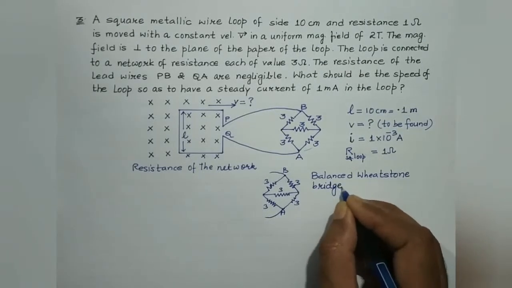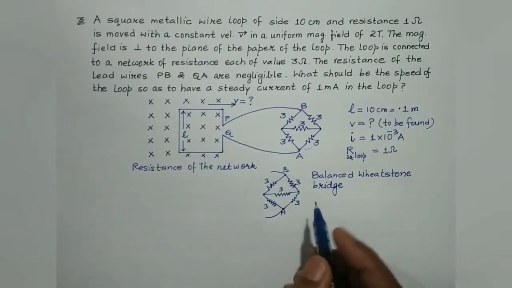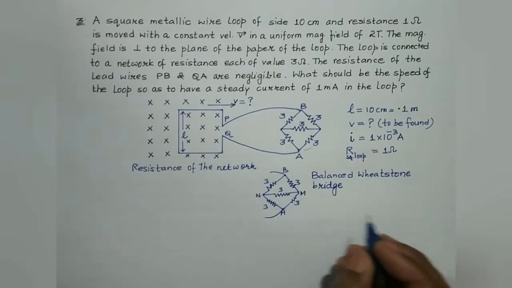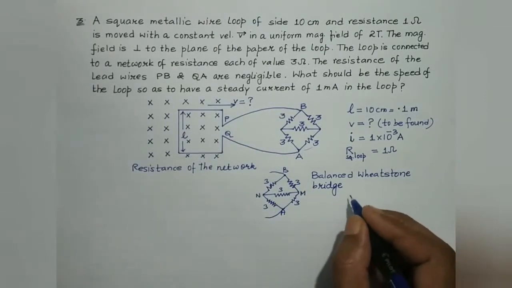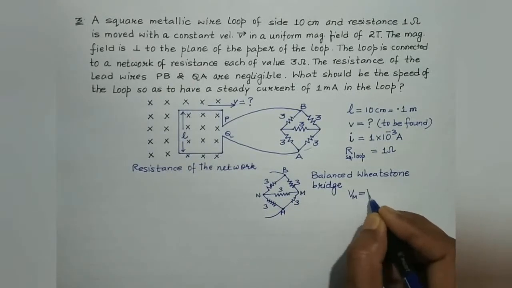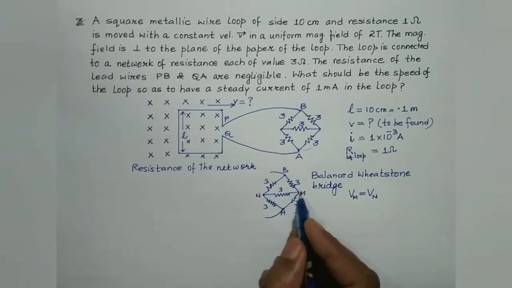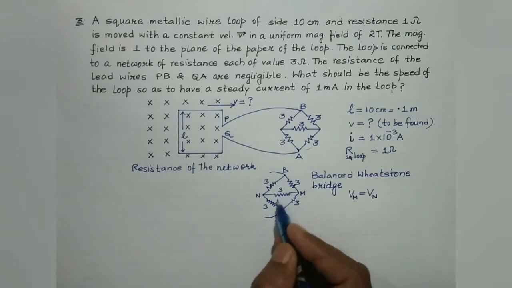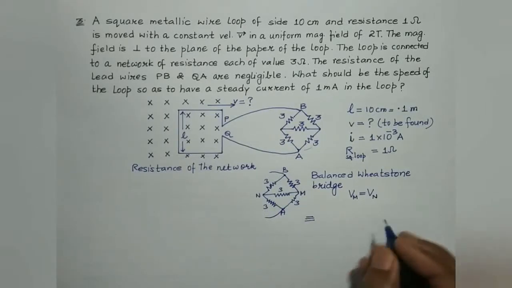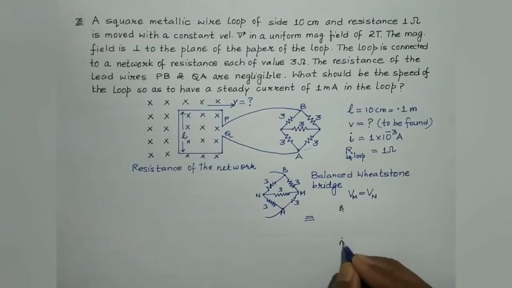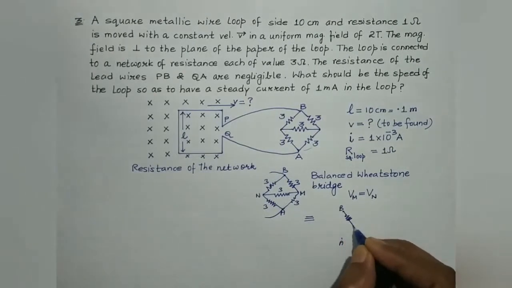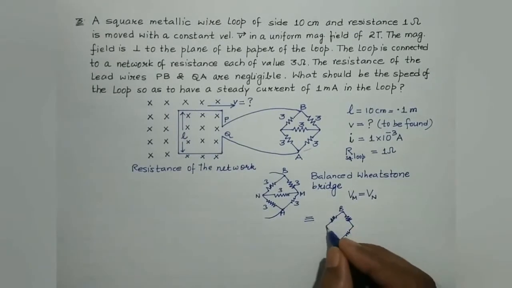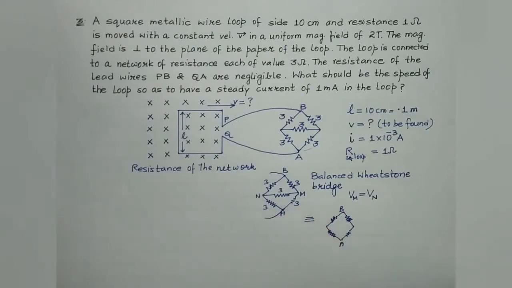It is the case of a balanced Wheatstone bridge, right? So in such a case, suppose these 2 points are M and N. Since it is a balanced bridge, the potential at point M should be equal to the potential at point N, isn't it? So there is no potential difference at the ends of this resistor. Therefore no current will flow through it. Therefore its equivalent diagram would be like this. This is point B, this is point A. No current will flow through the branch MN, right?